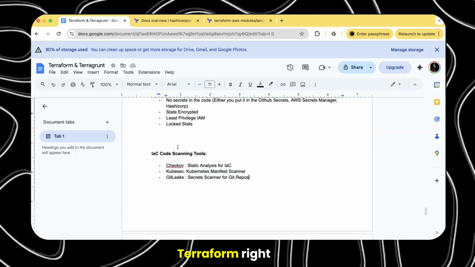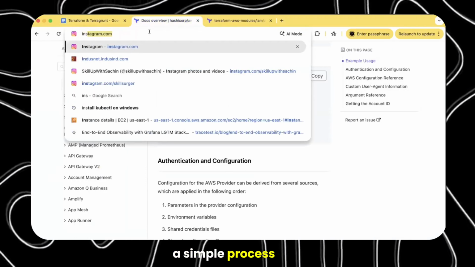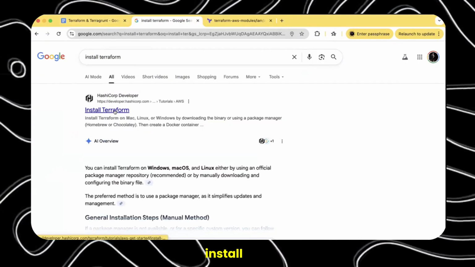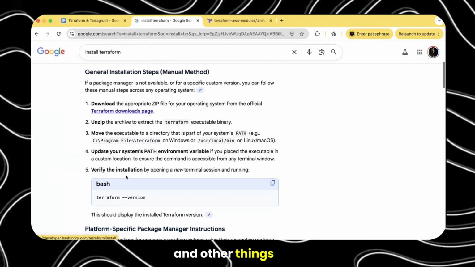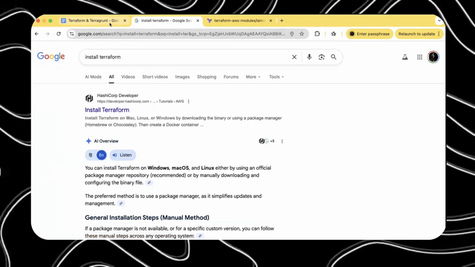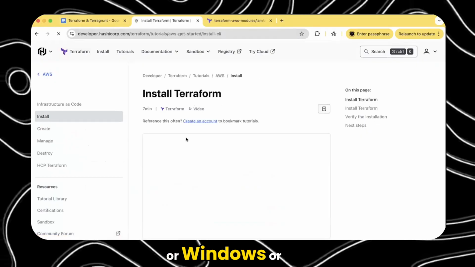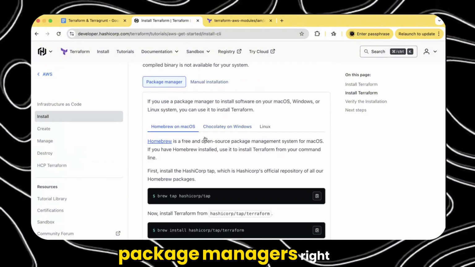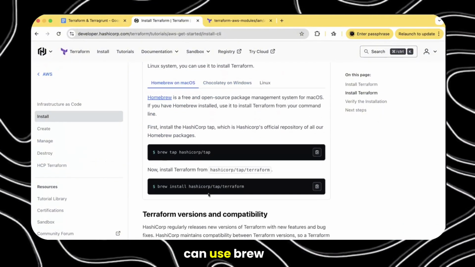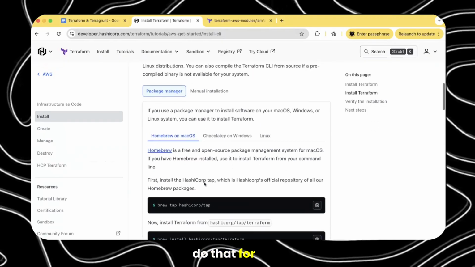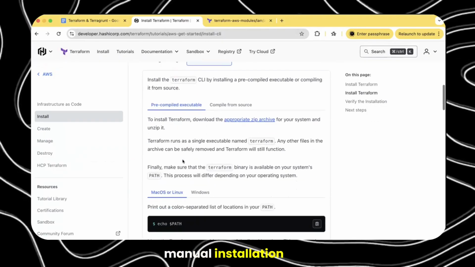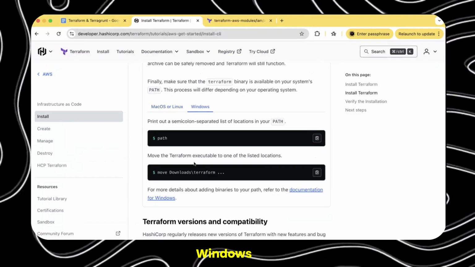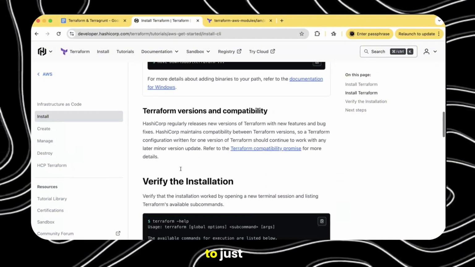Now, how to install Terraform? It's a simple process. If you are using Mac, you can just go ahead and install using the command brew install terraform. Otherwise, on Linux or Windows, you can install Terraform using package managers. As I said, brew install terraform will do that for macOS. If you want to do a manual installation on any of the operating systems, not only Mac or Linux but even Windows, you just have to